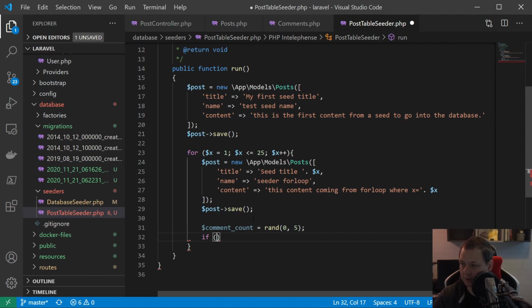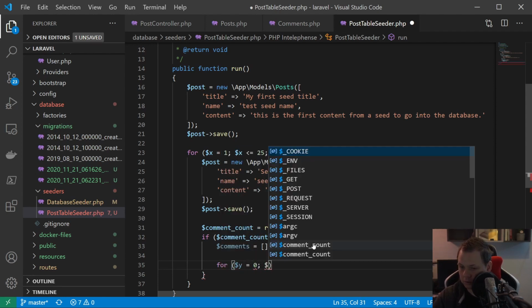If the comment count is bigger than 0, we just add comments, which is an empty array, and we can just put it inside here, that's fine. And then we make a for loop